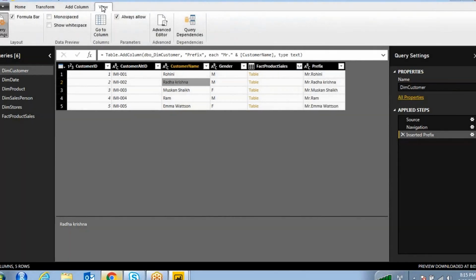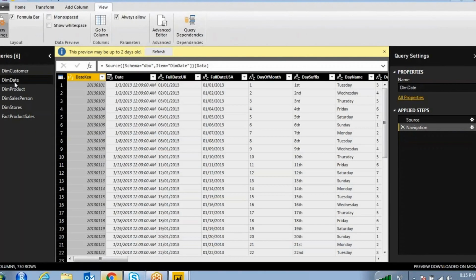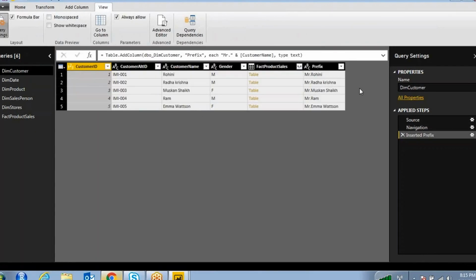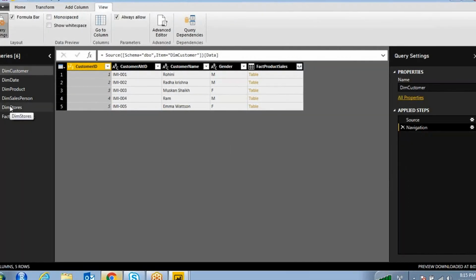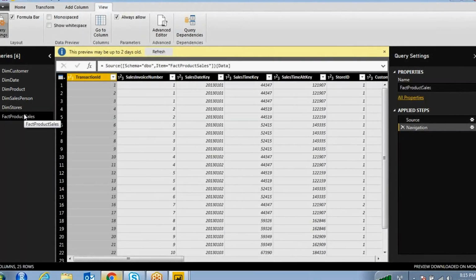Now come to View. See here, how many tables do you have over here? Dim customer, dim product, dim salesperson, dim store, fact sales. If you want to see in total how many tables you have, and whether there are any dependent tables on a particular table, the query dependencies option will show the diagram over here.